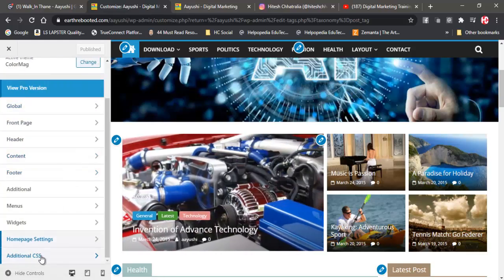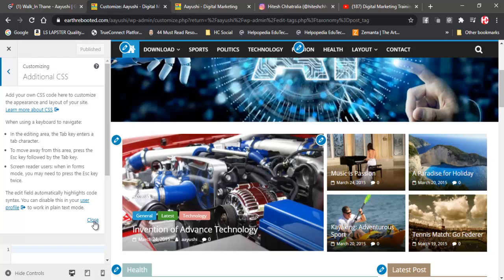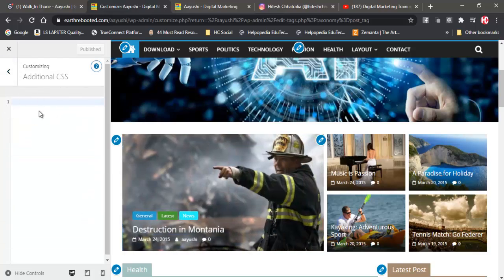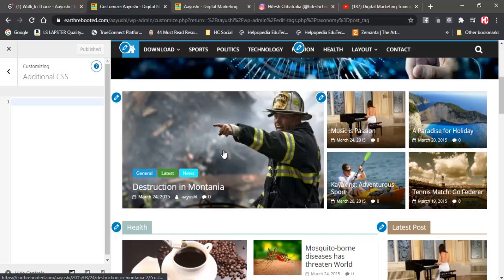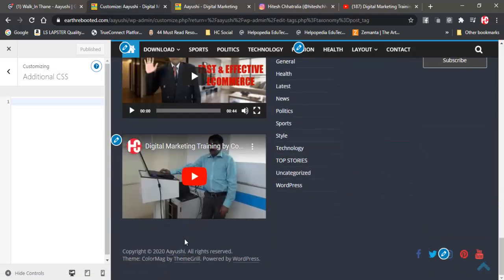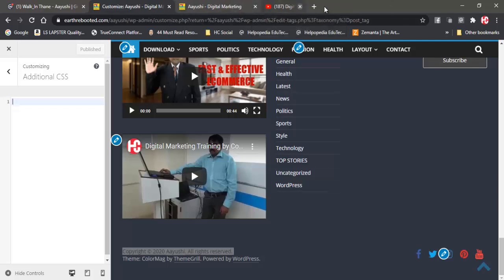And then this is additional CSS. So if you know any programming and if you want to use this, you can use it. For example, over here you can see this footer coming up, and all these things. If you don't want all these things, you can add some coding over here, say like